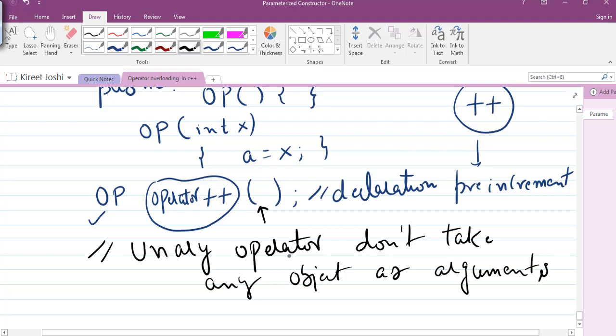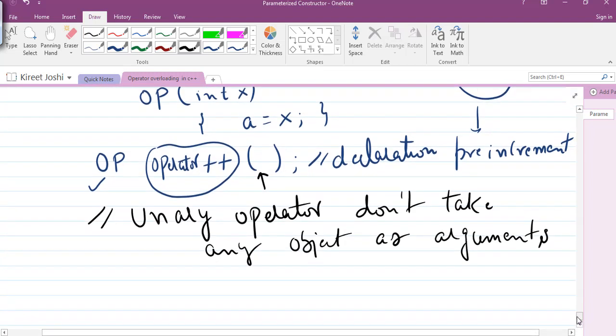any object. Because when we are working with the unary operator, with the unary overloading, this overloading is on a single operand. So we are not going to pass that particular operand, or the object or the reference of that operand. So there will be nothing inside this particular common bracket. So this must be remembered.